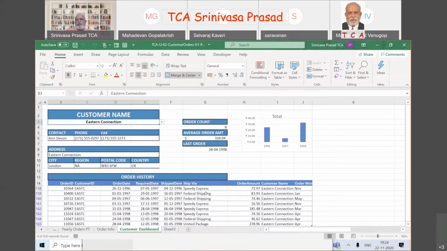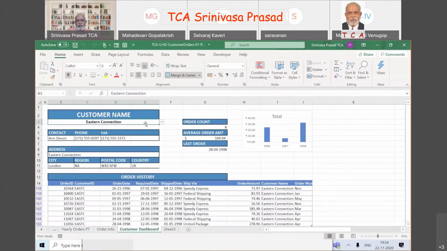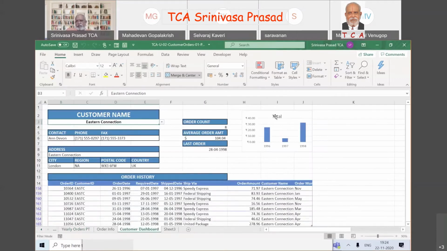Something similar we now have to do for automating the chart. Whatever customer I select here, this customer should automatically go here. That customer should get selected, and the chart will automatically change. This is what we are going to see.